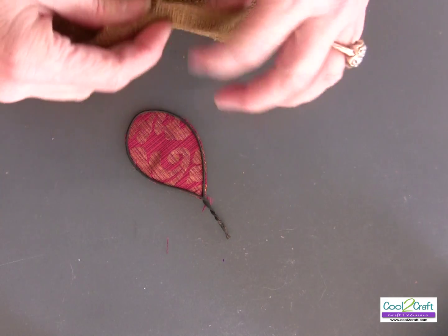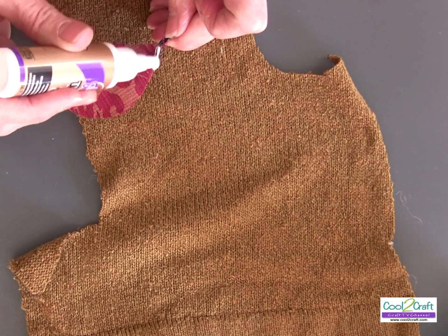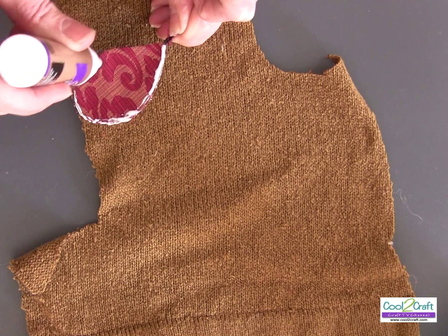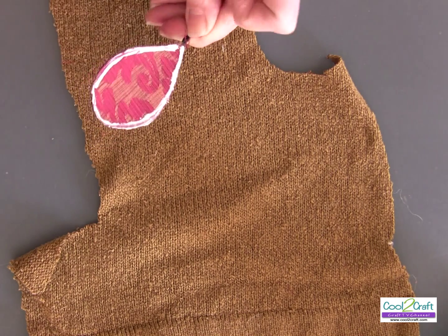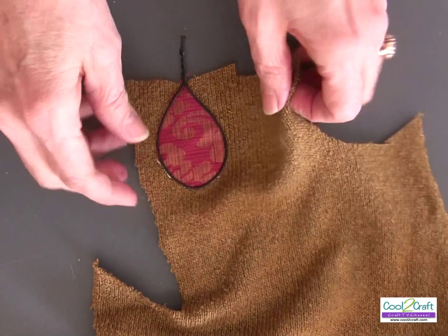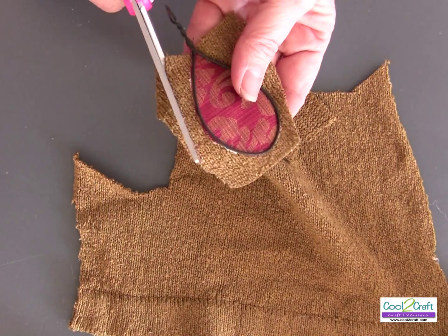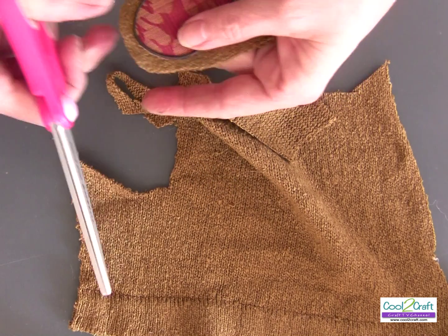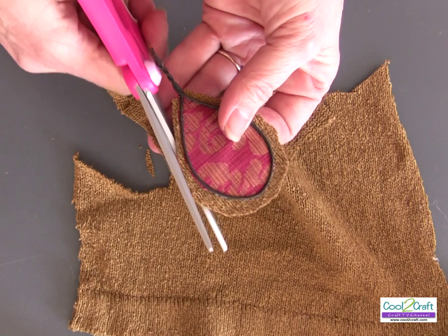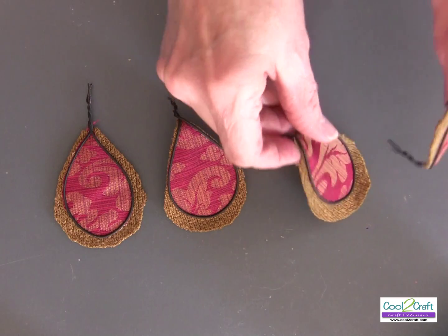Next thing I'm going to do is I have this sweater, and we want another color. I want to put a little bit more of the Aleene's Turbo Tacky Glue on the back. Again, don't put an excess amount, just squeeze it out. Make sure that it's a solid line. And put it down onto the sweater. And then I'm going to cut this out a little bit larger. Okay, so we've got 5 petals